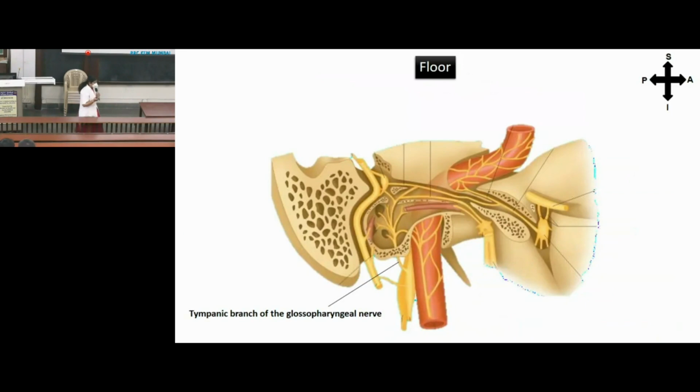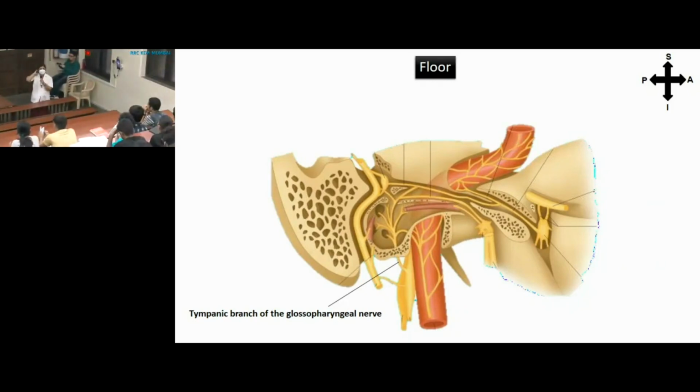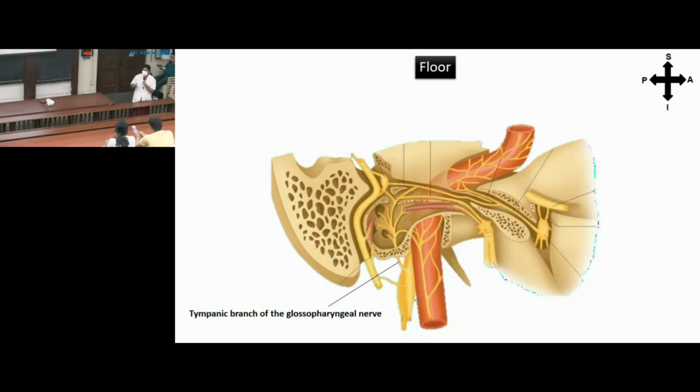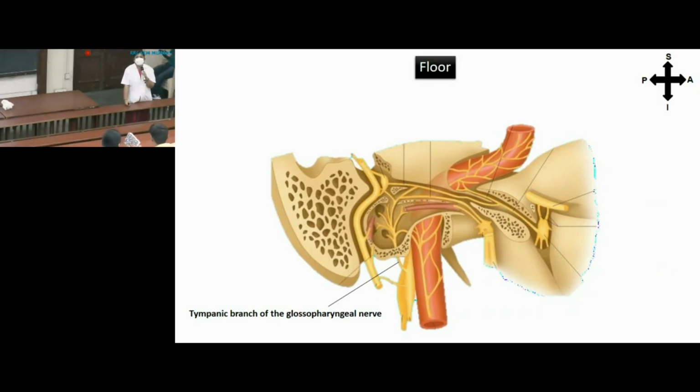So if you remember the secretomotor pathway for the parotid gland, okay, starting with the inferior salivatory nucleus, then the glossopharyngeal nerve. Then how does this glossopharyngeal nerve enter in the formation of the tympanic plexus? Via its tympanic branch, other name is Jacobson's nerve. Yes, correct. So here we can see this is the nerve entering the middle ear cavity, and then it will run over the medial wall of this middle ear cavity to form what is called the tympanic plexus.